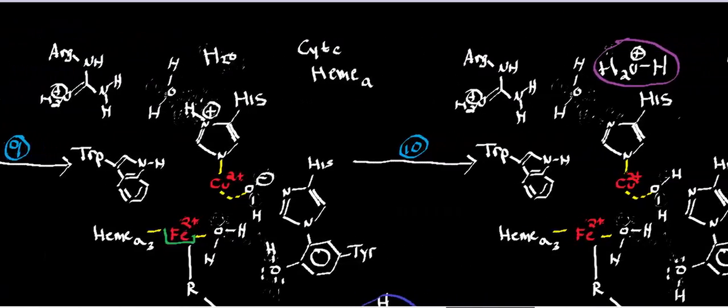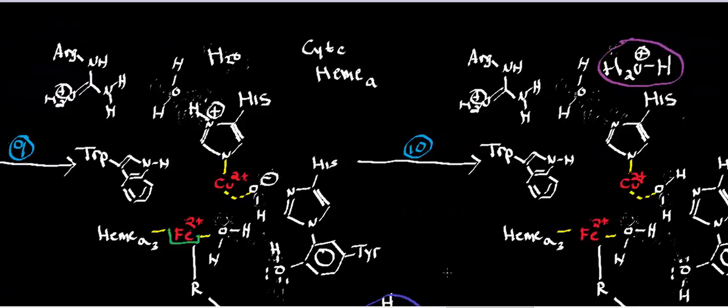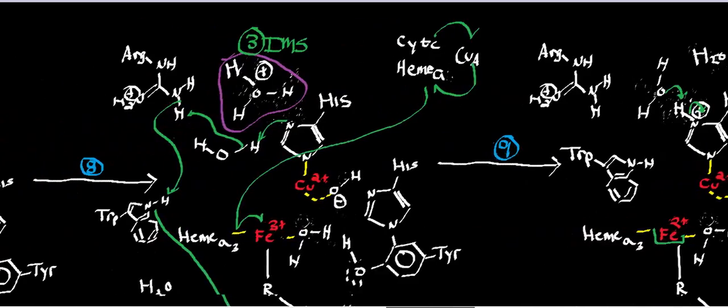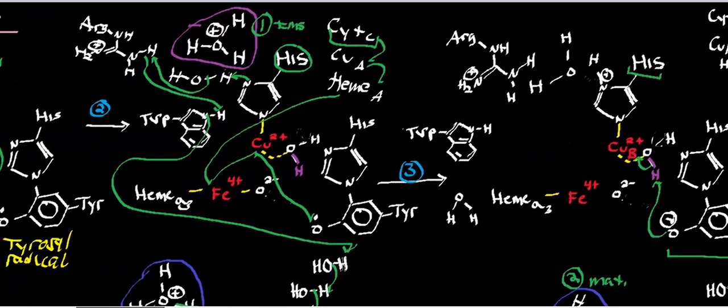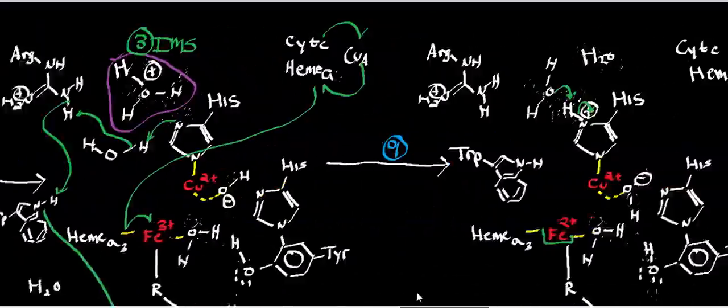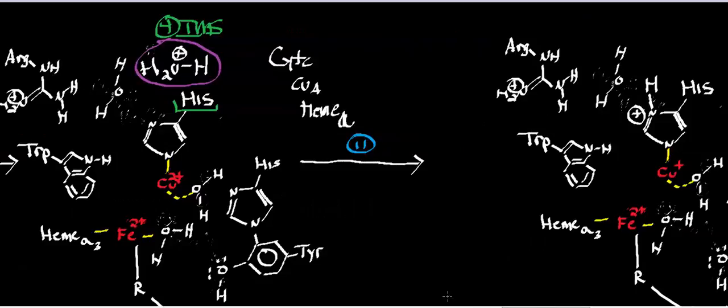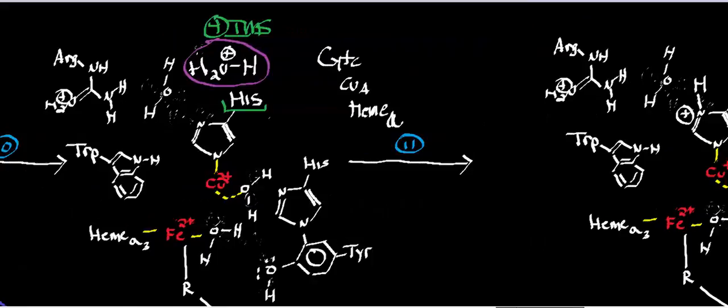And so now at this point, we're going to look at mechanistic step number 10. In mechanistic step number 10, a water here in the active site is going to deprotonate this critical histidine residue that regenerates histidine in the deprotonated state. And that's going to generate our last hydronium, number 4, that was pumped into the inner membrane space. So if you go back and look, here's the third one, here's the second one, and here's the first one over here. So in total, we now have all 4 protons, or 4 hydroniums, that ultimately got pumped into the